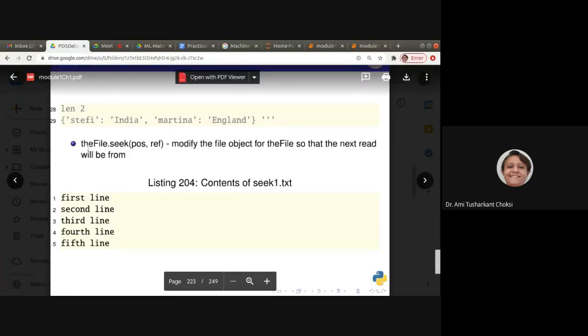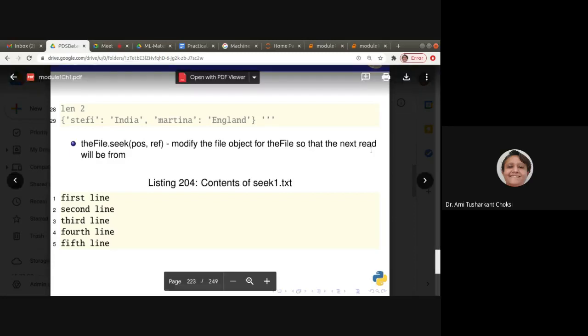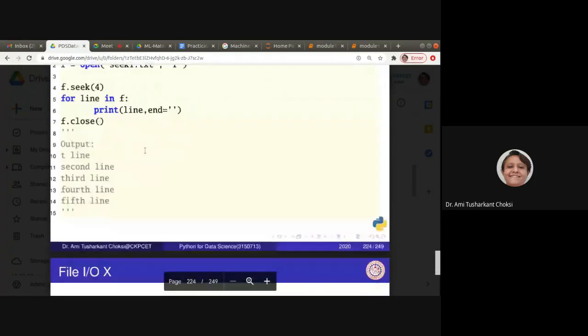So the syntax is file object dot seek, with position and reference, which are the two things we have to provide. It modifies the file object so that the next read will be from whatever the next position is, right?